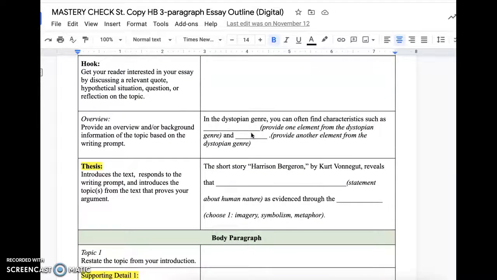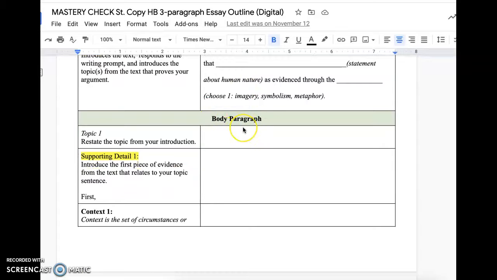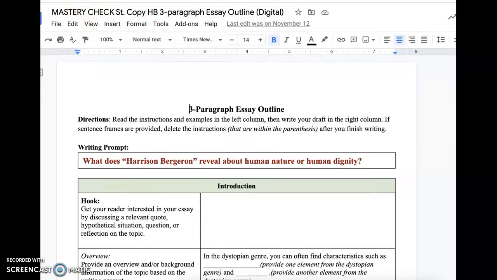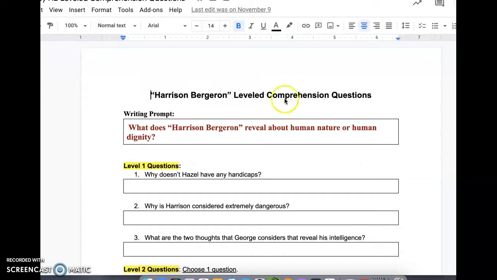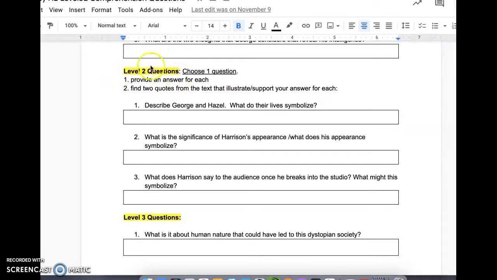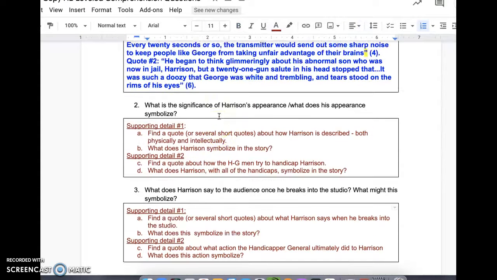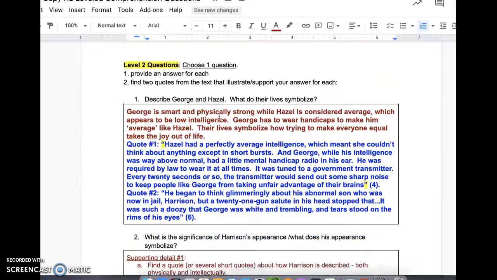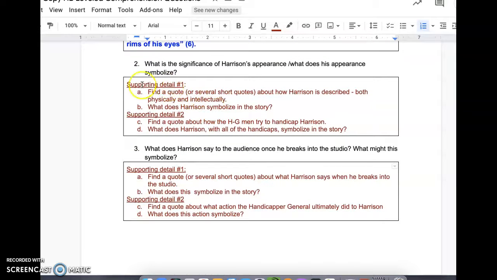And for this lesson, we're specifically working on the body paragraph. So you'll need to make sure that you have this document open. And you're going to need to have your leveled comprehension questions open and scroll down to level 2 questions. And if you're in my class, I suggest you also open the example of what I wrote, and I have this posted inside the same assignment. And you will notice that I have scaffolded these 2 questions a little bit more, so I'm going to go over that with you.